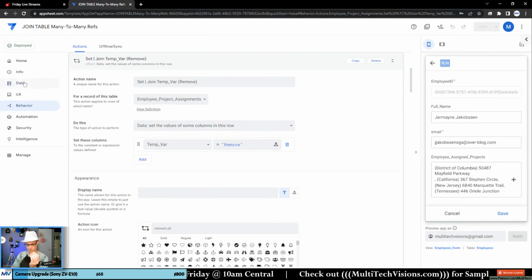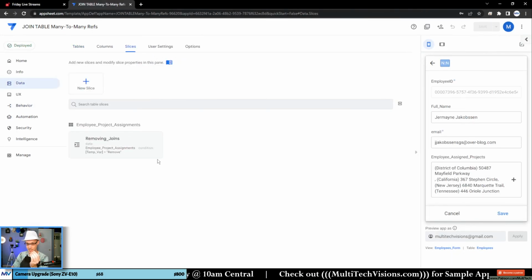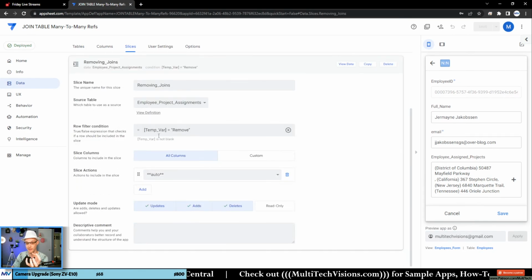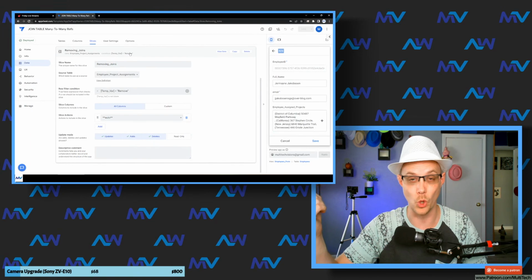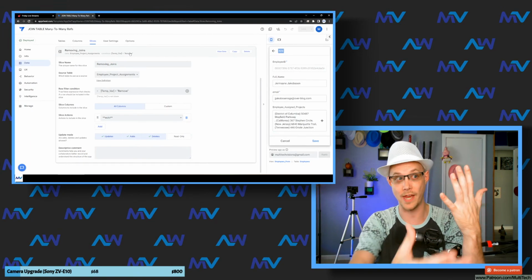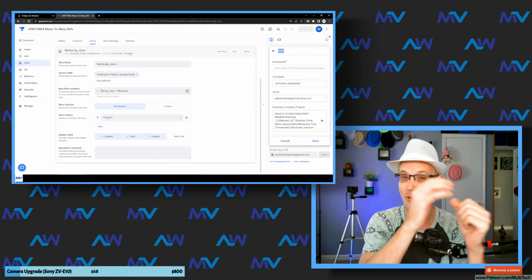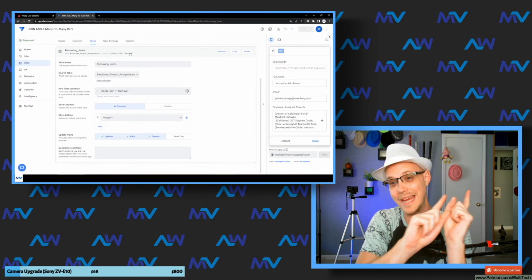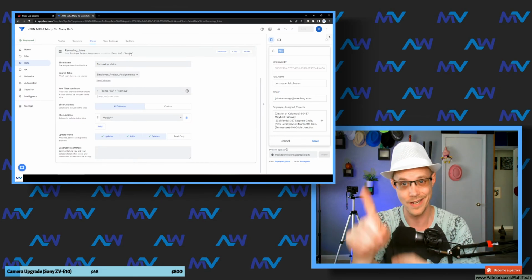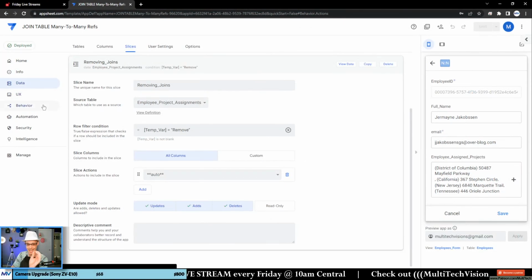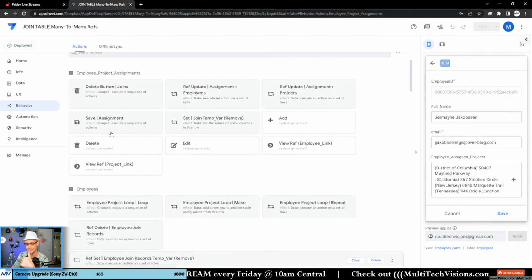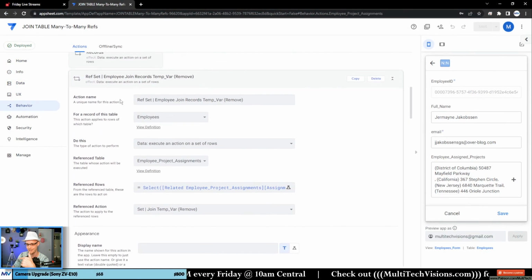So then I go to my slice. You can see I have a single slice inside here where I'm holding those assignment records that need to be removed. Okay. So if I went into the employee record and there were 5 things and I removed all 5 of those, those join records are now being held inside this slice. Okay. The reason is because then after I get those records inside that slice,